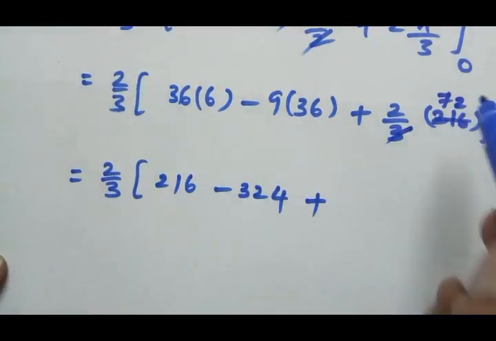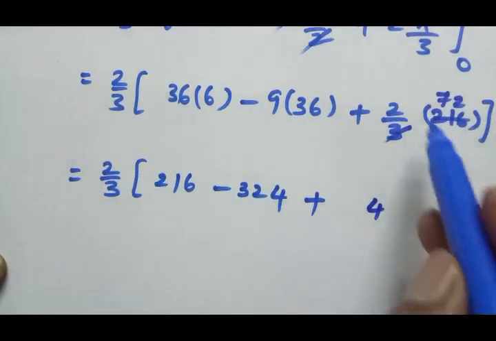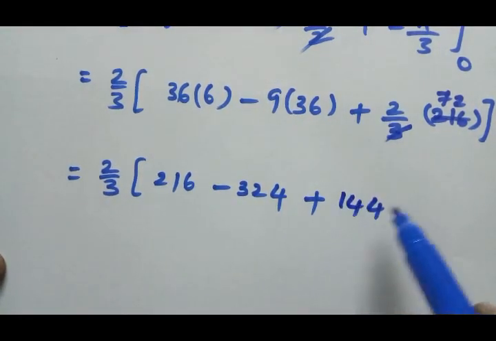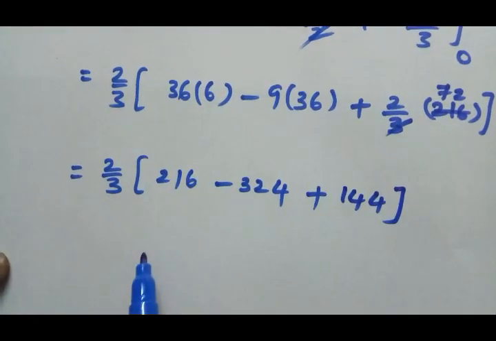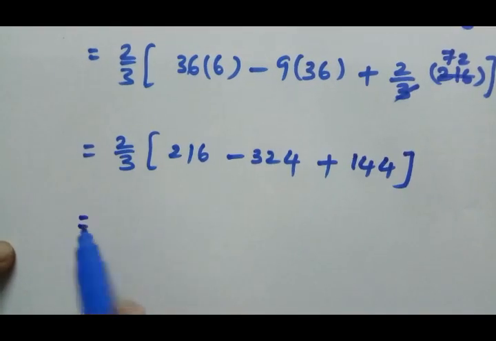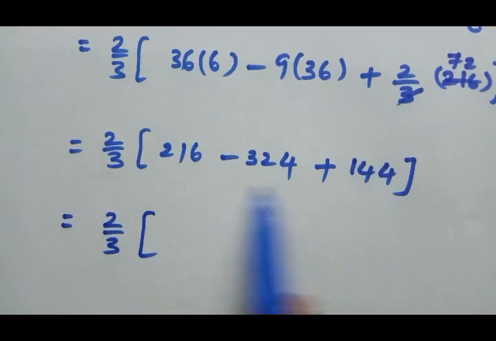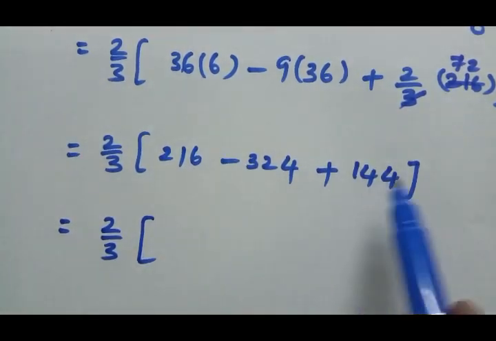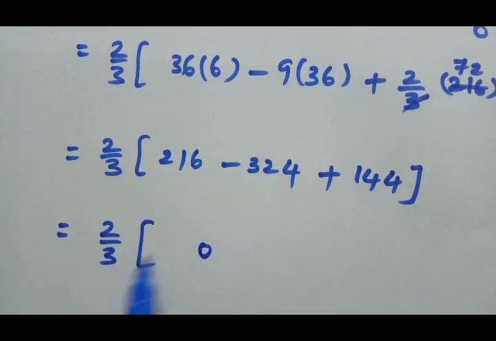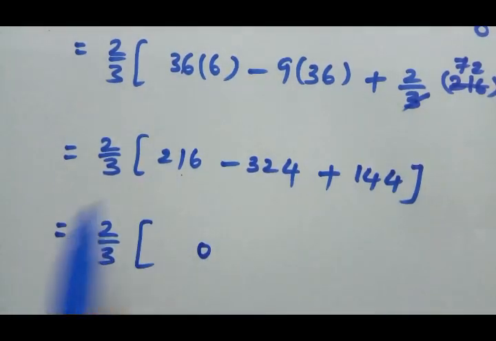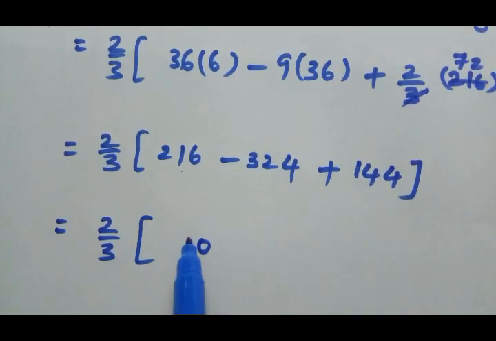Therefore now 2 twos 4, 2 sevens 14, 144. Therefore this is equal to 2 by 3, 144 plus 216, 4 plus 6, 10, 5 plus 1, 6,